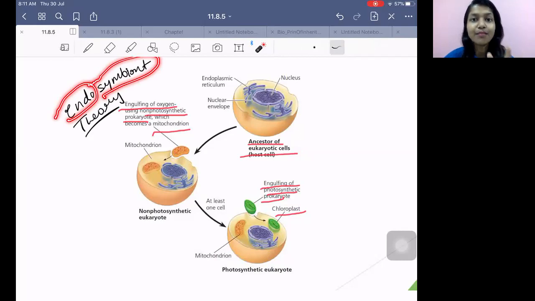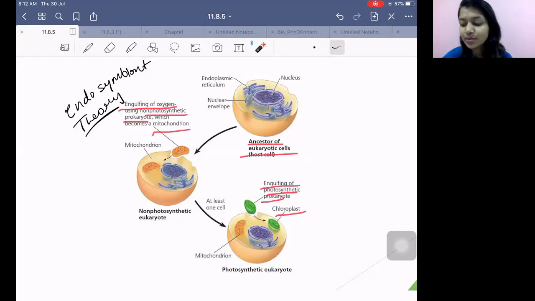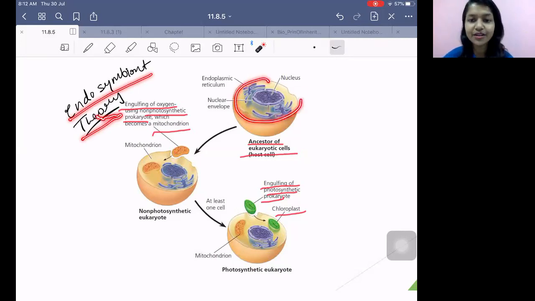Why? Because if you see the structure of mitochondria, chloroplast, plastid, the ribosomes there are not of the eukaryotic type. That made people think about where it has come from. And then they started to think and came to the conclusion of the endosymbiotic theory as they were showing the similarities to prokaryotes. So the ancestor was having no structure like mitochondria and chloroplast.